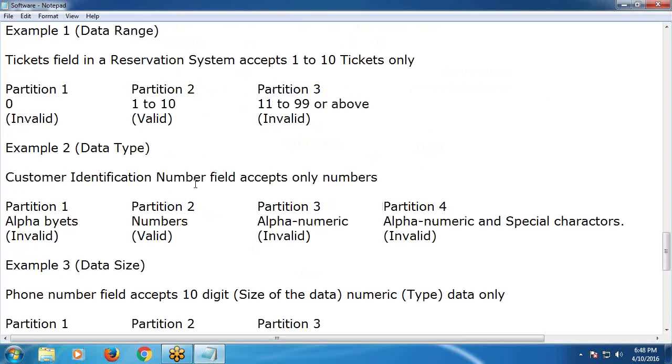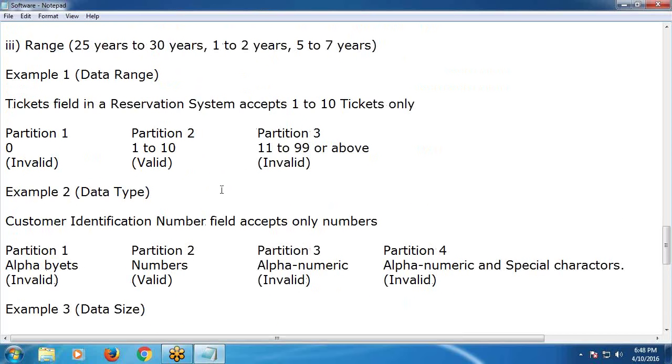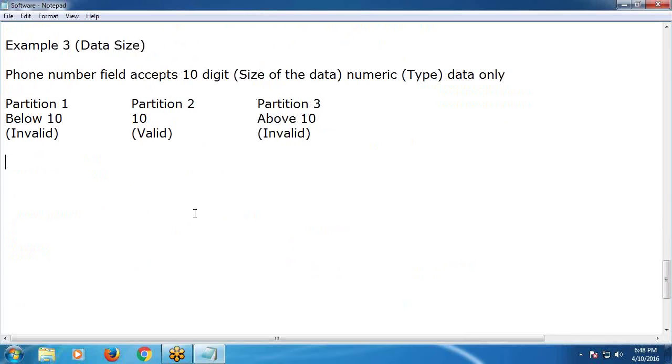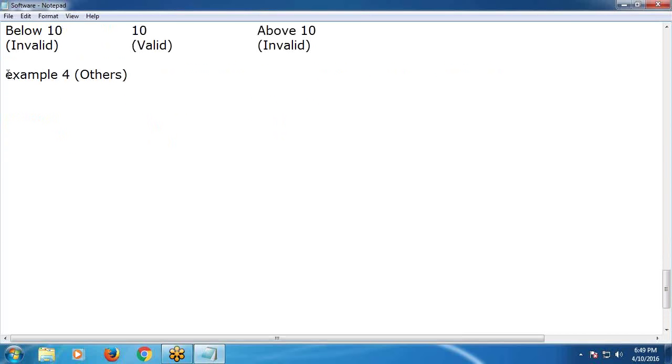Say, we covered three factors: data range, data type, data size. Next, one more thing also there, others. But nowadays, we no need to cover this one. I will show. Others. Here no data. No data type or data size or data range. Example,